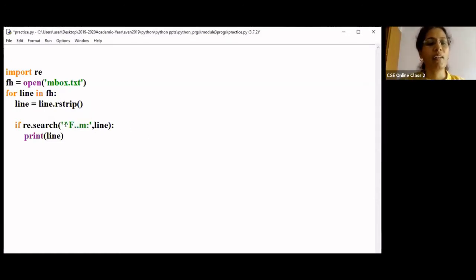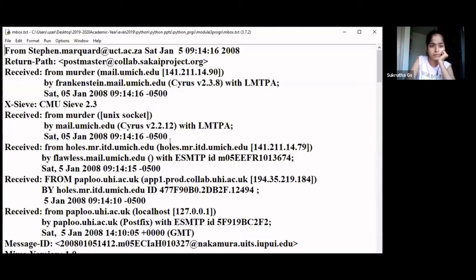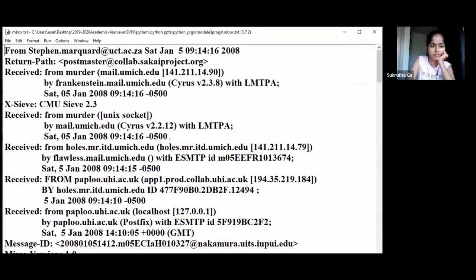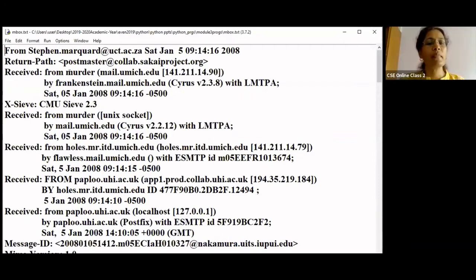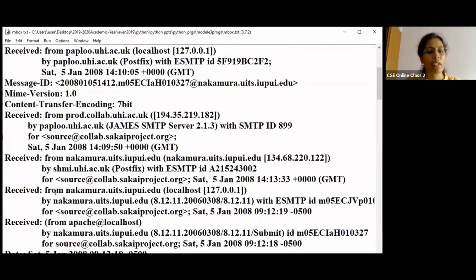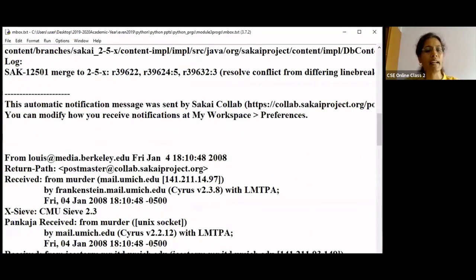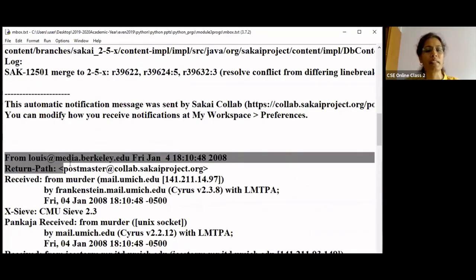Now, where do you have the at sign here? If you see in mbox.txt, we have the at sign in between. So you have From Stephen dot Marquardt at something like this. And again, if you come down, somewhere here I have From, correct?